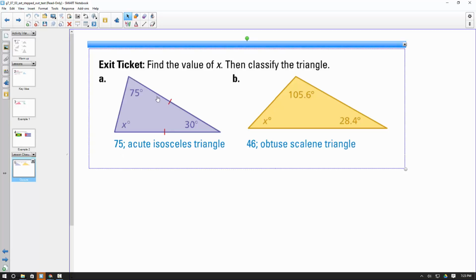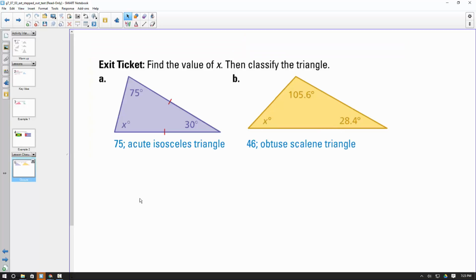I have the isosceles because 2 sides are the same. I have they're all going to be under 90 degrees, so it makes it acute. This one here, I have an obtuse because I have one measurement that's over 90 degrees. And then when I get this measurement, I'll find out that it's different than the other, so that's a scalene, so obtuse scalene. And that is really